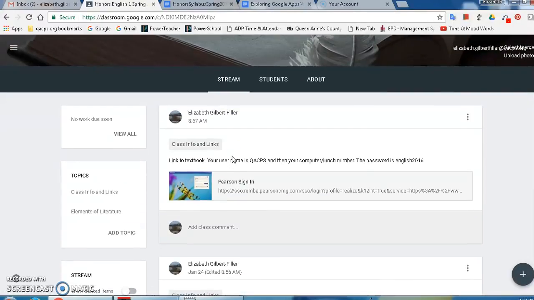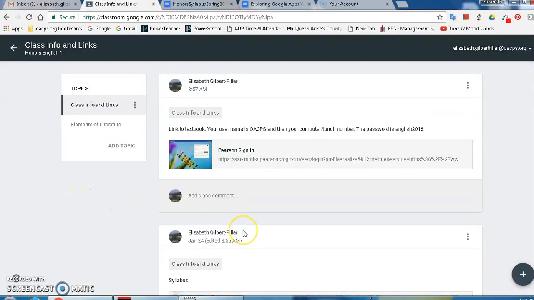Just going through the setup of Google Classroom, I do like this new feature, new this year, which is the topics, so that it's easy to access information. So if we know, for example, that we're working on the novel Of Mice and Men, you can click right over here once that topic comes up, and you'll be able to get all the things that we are looking at there.